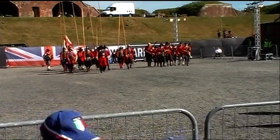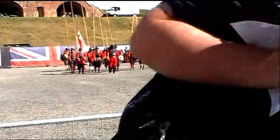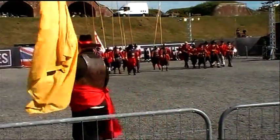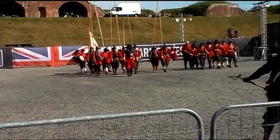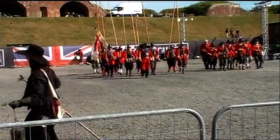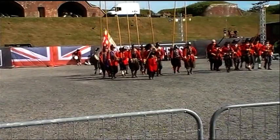March on! The infantry of the 17th century were masters of the battlefield, until, of course, they came up against the cavalry. And then they would have to change formation very quickly and use the pike and musket together to defend themselves